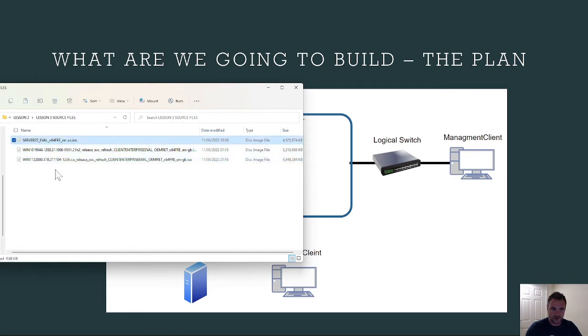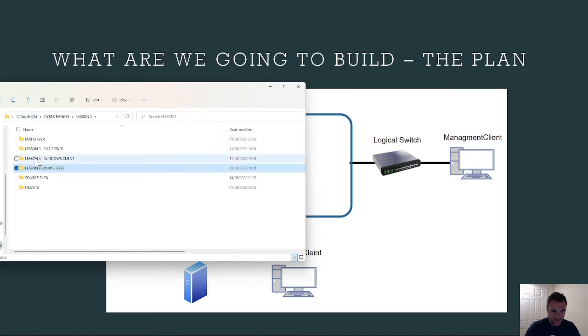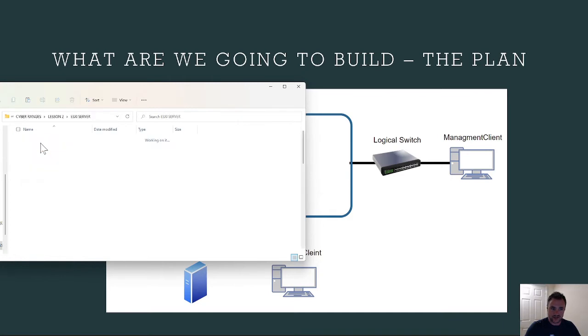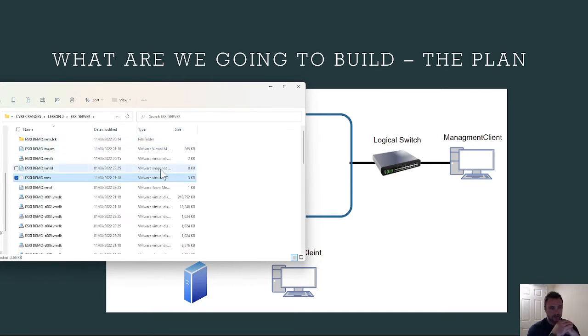We've got our Server 2022, which is very current, and we've got a Windows 10 and Windows 11 ISO. I've joined Windows 10 to the domain before, but I've never joined Windows 11, and we're really going to use this Server 2022 evaluation. I'm going to be using this as the standalone and for our data center, our ESXI server. What I've already done, in preparation for this, is upload it to our ESXI server. So if I just bring up our ESXI server,